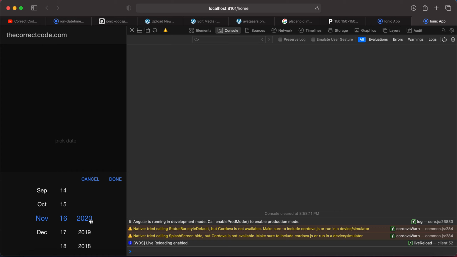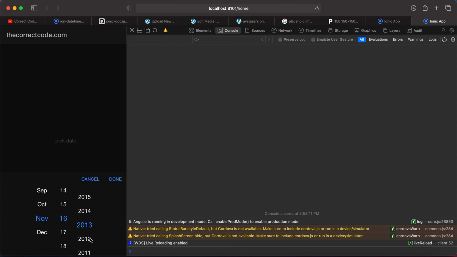Bingo, we have got it, right? See, today's date we have received, and when I click this pick date, we have got the date picker, and the maximum date is today's date.